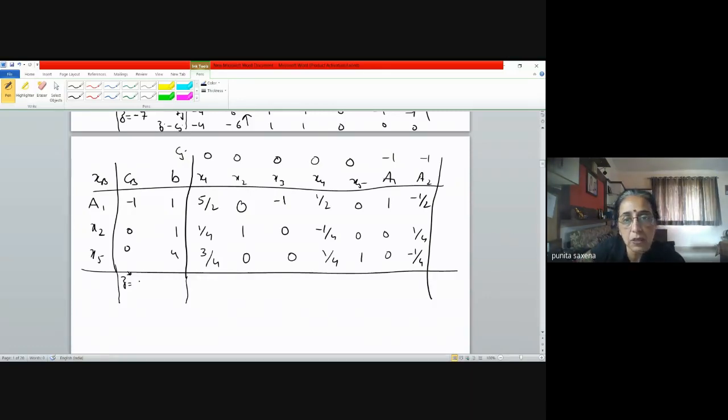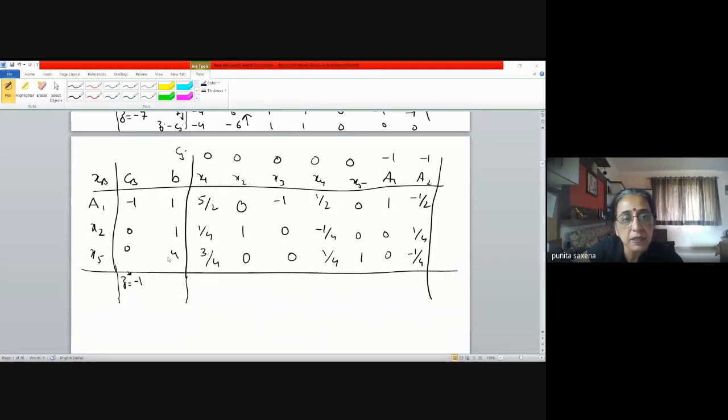Now see, your Z star is now -1. Because it's -1 into 1 and the other coefficients are all 0. So you'll see your Z star keeps on increasing the value, okay? And the moment artificial variables get removed from the basis, we'll have either decision variables or slack or surplus whose coefficients are all 0 in this auxiliary linear programming problem. So where phase 1 ends, your Z star will always end up with a 0 there.